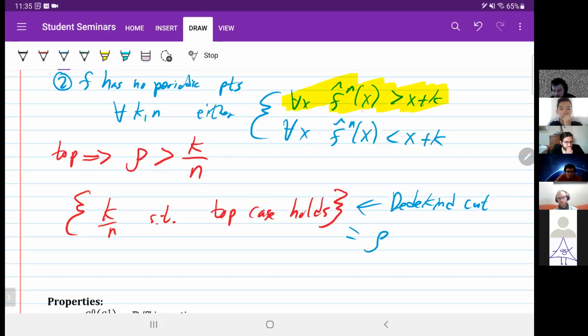I guess it's not so clear that if I take 2k and 2n that this still holds in the same way, but if you apply f hat n again to this expression here, it's somewhat clear that multiplying both k and n by some number doesn't affect this. So this is actually well defined as a set of rational numbers. Okay. Thanks. I am skipping details, but